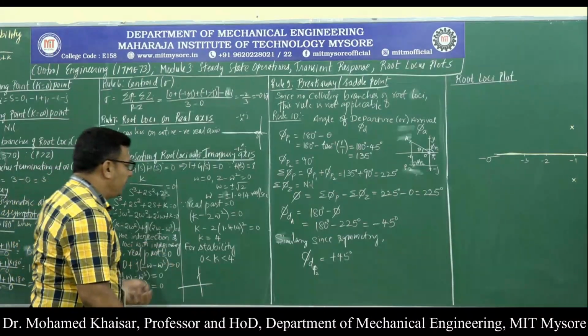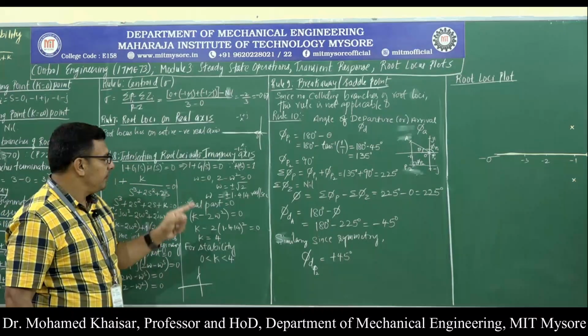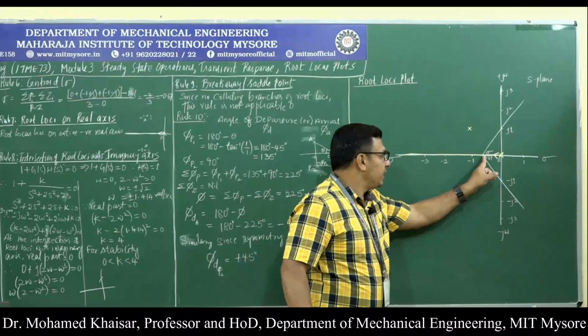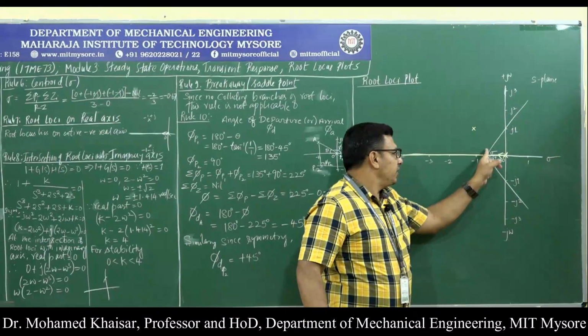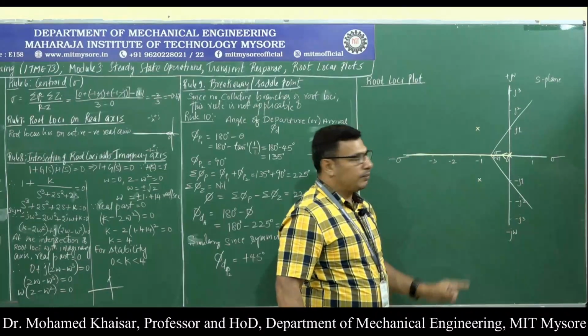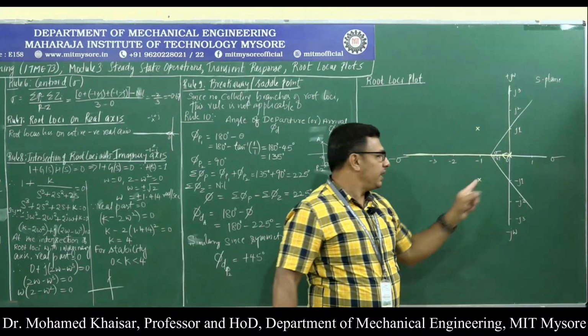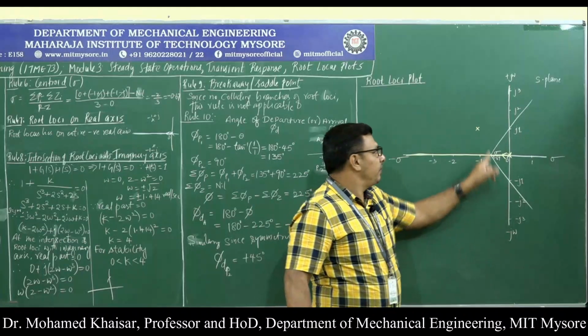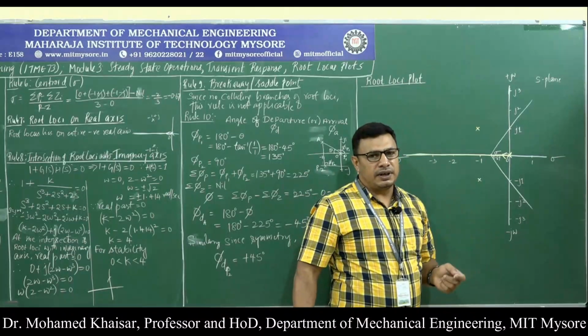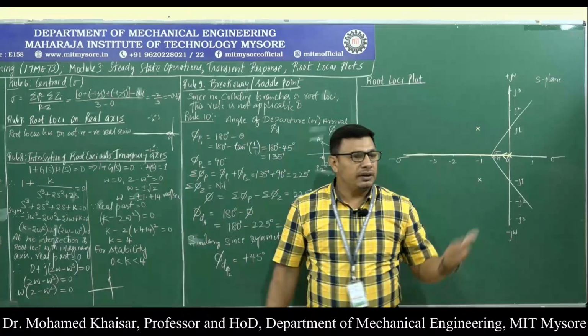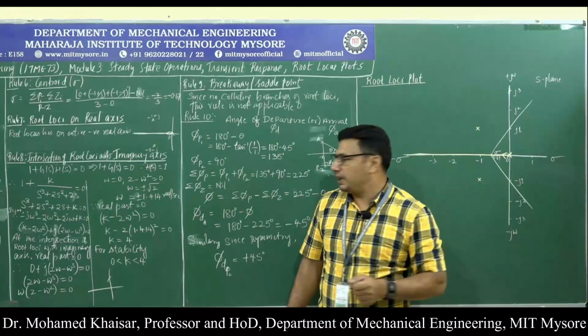So where will the branch of root loci be intersecting the imaginary axis? As soon as we see the asymptotic straight lines along 60 degrees and 300 degrees, it means the branch of root loci is also going to travel along 60 degrees and 300 degrees, because of which it is going to intersect the imaginary axis. That is why rule number 8 became applicable. So where do the branches of root loci intersect?